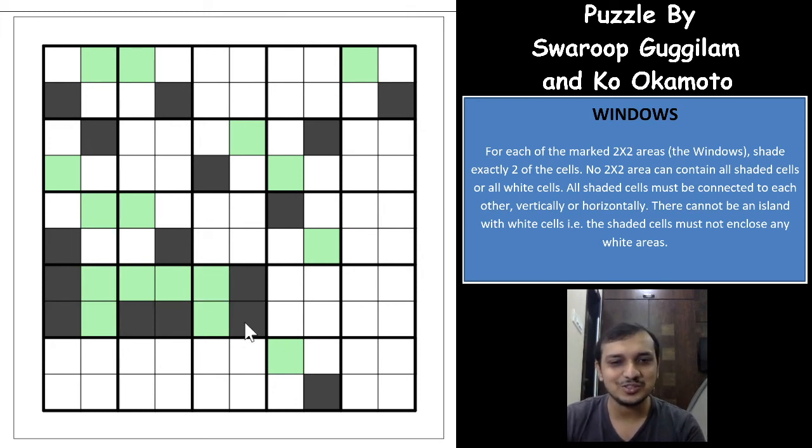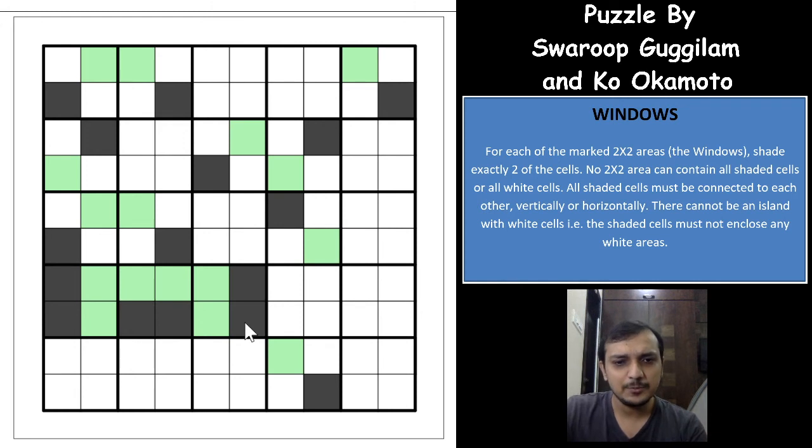Excellent, excellent, awesome. So let's see if we get anything else here. We have got a great start to the puzzle. Awesome start, I would say. And a Windows puzzle usually will either be very easy or very tough, because once you get the start, the puzzle becomes very easy, but to find the start, it sometimes will take you a long time, right? Because you will have to look for the exact cell that has the start that the author has intended, right? So let's see if we get anything else.